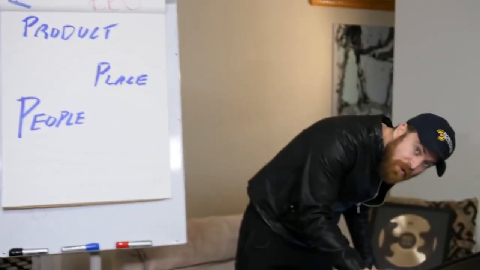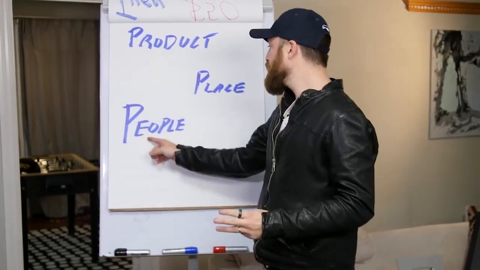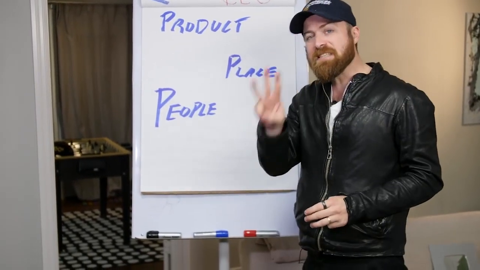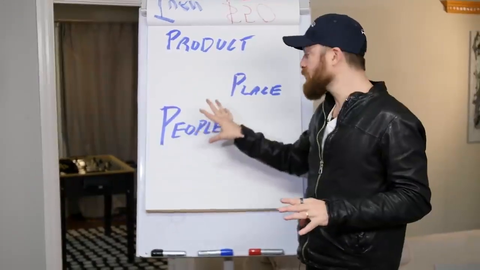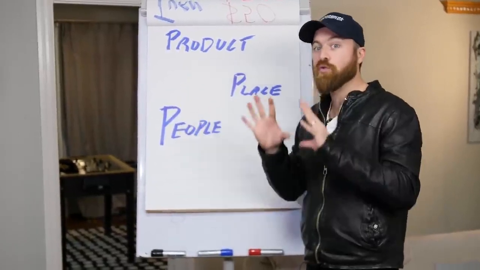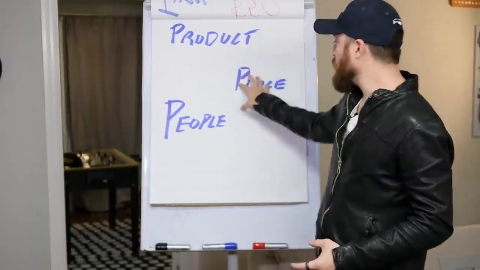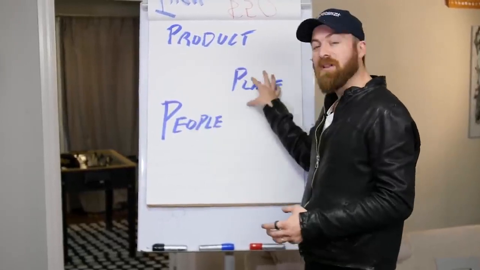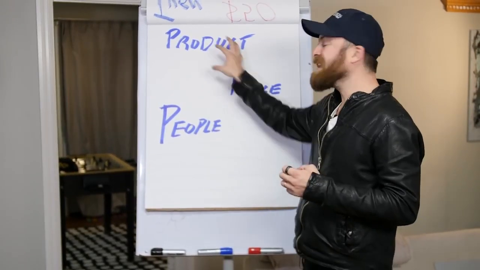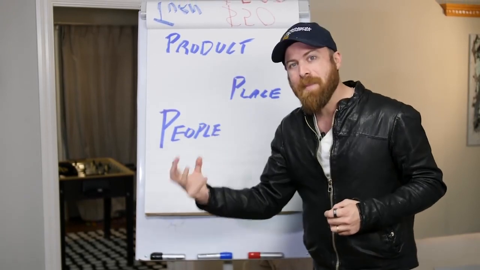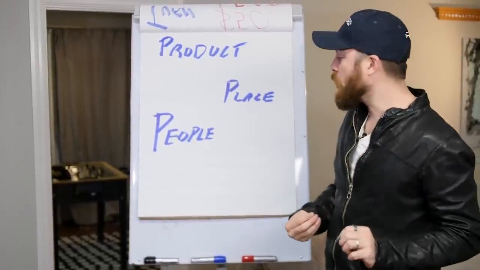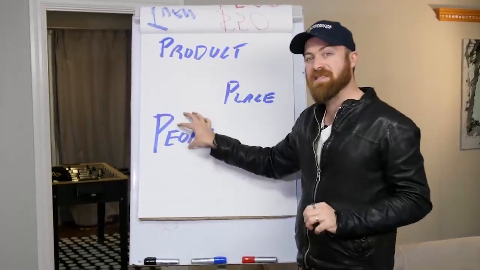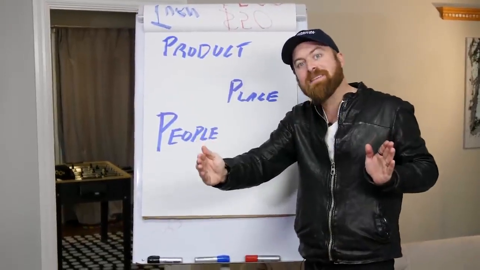I'm gonna be showing you right here on my computer, and I'll be showing you the 3-step process to do it. People, place, product. 3 steps. This is a little preview of my bigger course, but 3 steps to do it because you need to reach people. We're gonna be using Google Ads to reach people to sell a product to. Then we're gonna take them from Google to a place where we can sell them. And then we need a product for them to buy that will pay us commissions when it's sold, which will be an affiliate offer. So we're gonna be going over this 3-step system, everything you need to do to implement it in this video.